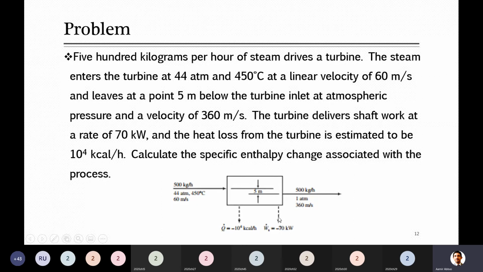The other thing here is that this steam, when it entered, is leaving 5 meters below the surface. If I take the reference point as 0, then it is on the minus side. It will be -5 because it is going down instead of going upward. The outside H2 which is here will be -5. Why is it -5? Downward, because we are going down from the reference point.